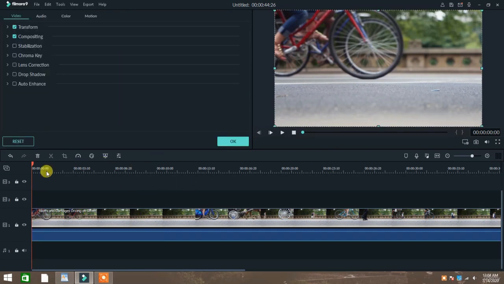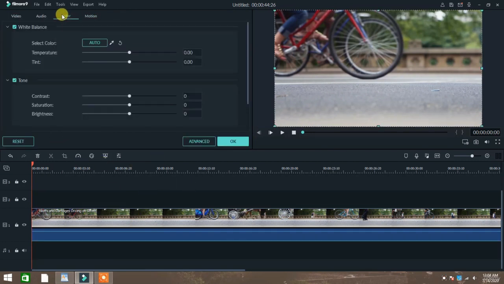So simply double right click on this video and go to color. Here, if you want to change the temperature of the video, you can simply do so, and this one is a color. So let's get to the tone. This is a simple basic color correction, like